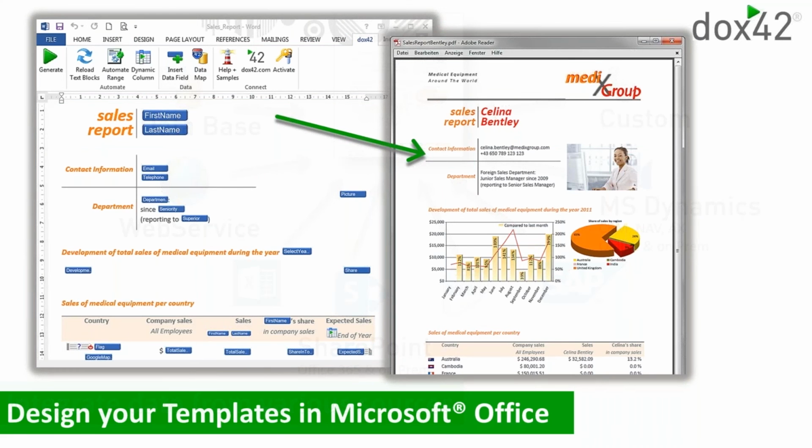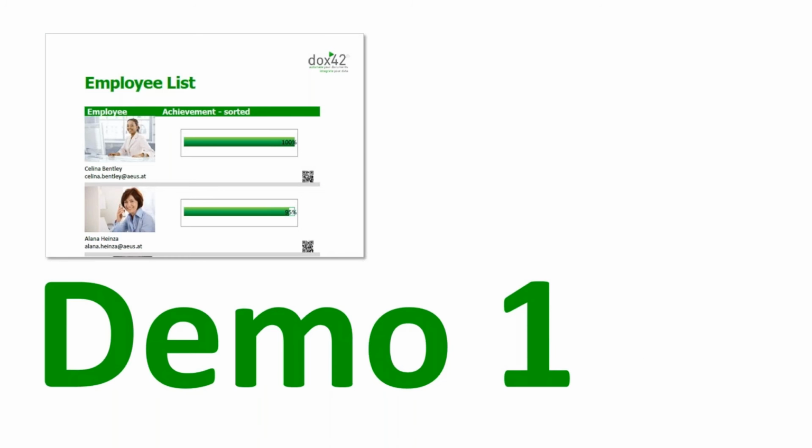How does that look? How does that feel? That's just an example of a Docs42 template. It is a Word document. On the left side you see a Word document, a template of a sales report, open in Microsoft Word. You see the Docs42 ribbon of the Docs42 Office add-in. With that, you connect the data sources and you just drag and drop these blue data fields into your template. When you generate the document, these blue fields are filled up with the data, and there are some more controls to control the structure of the document.